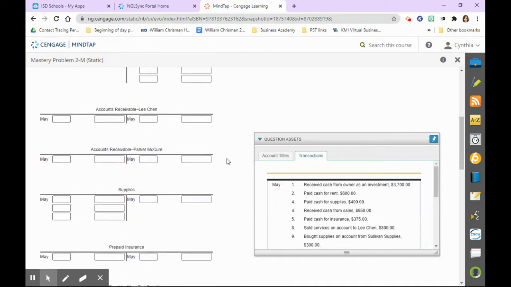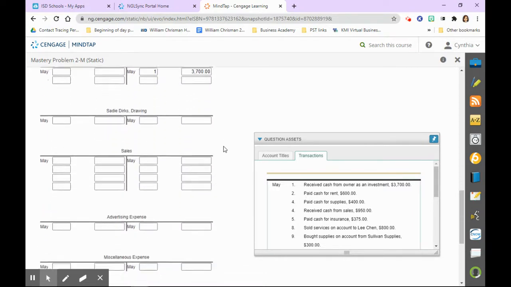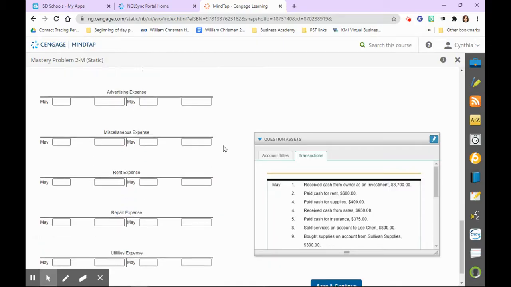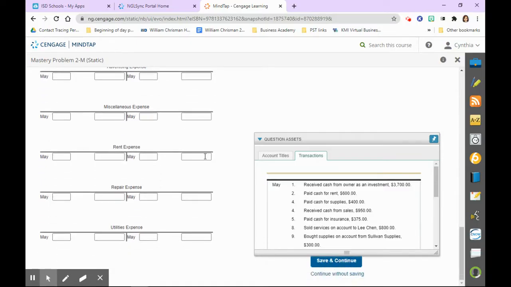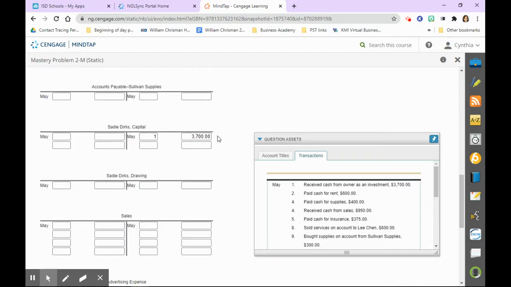Rent is an expense, so we're going to go down to our expenses. As we learned in the last chapter, expenses have a normal debit balance. So we're going to find our rent expense and put our $2,600 in there. So we have our debit and our credit